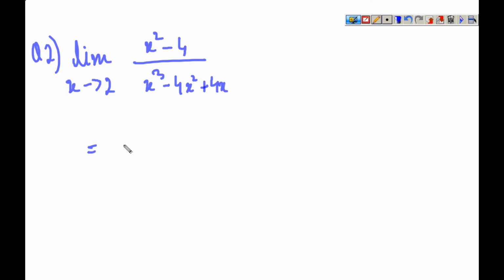So we can write it as x square minus 2 square and x times x square minus 4x plus 4,